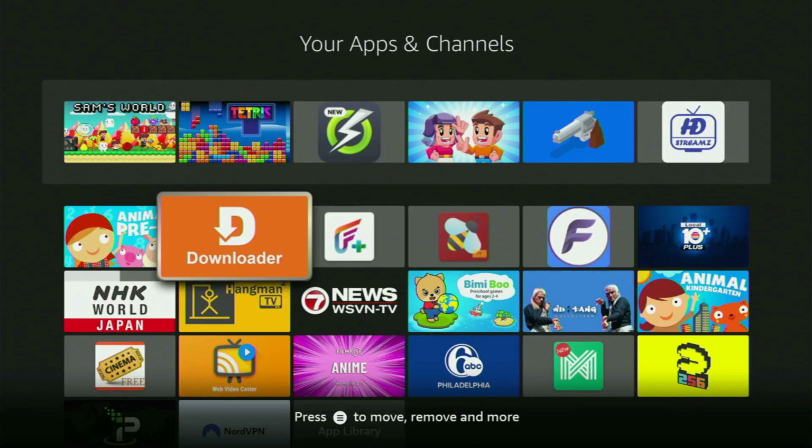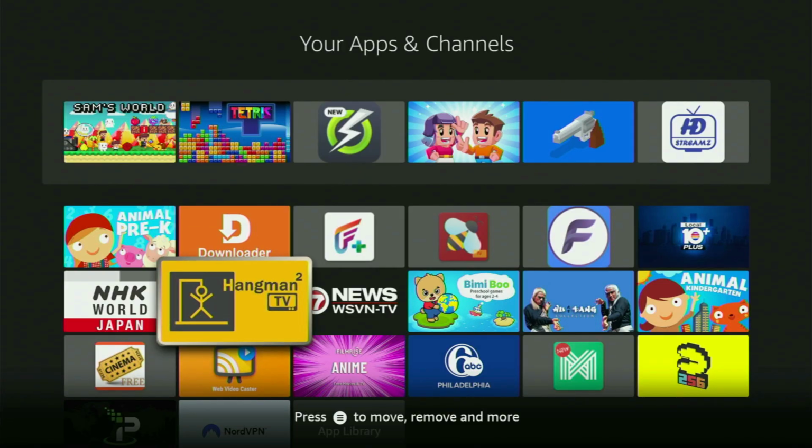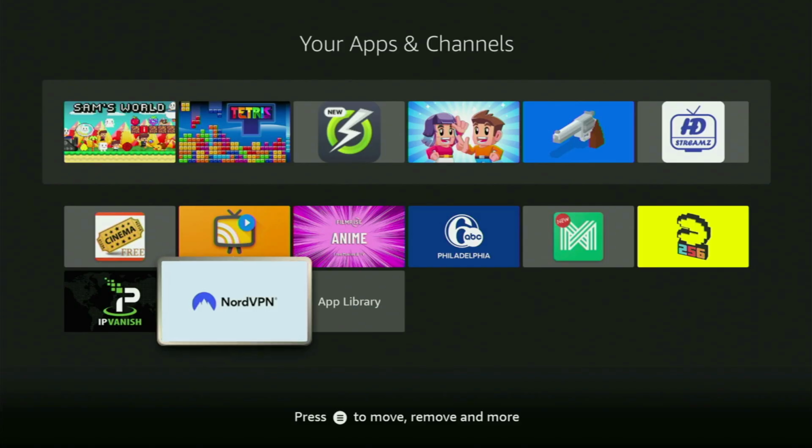And without any further ado, the very first step is you have to get the app called Downloader to your Fire Stick. If you already have Downloader on your device and it is properly set up, then you could actually skip this step. But if you don't have Downloader yet, or you are unsure if it is set up correctly,